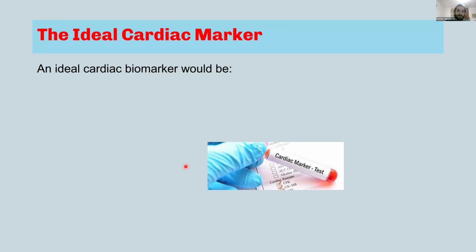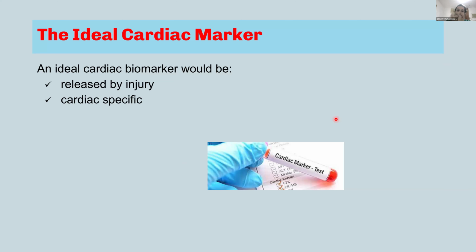So these are the cardiac markers. Now, how do we know that this cardiac marker is good, or not good? Each one has pros and cons, and this will be a key point in terms of exam questions. Next slide. The cardiac marker should be released if there is injury more than normal, because if it's normally